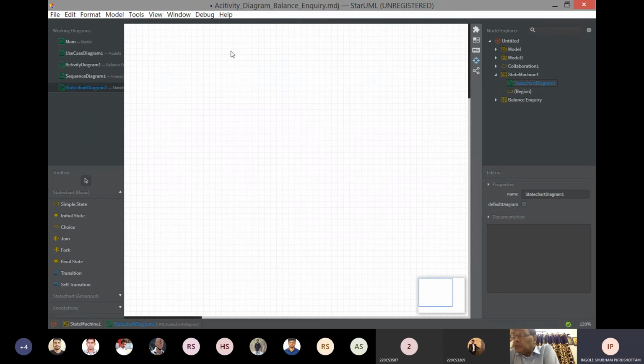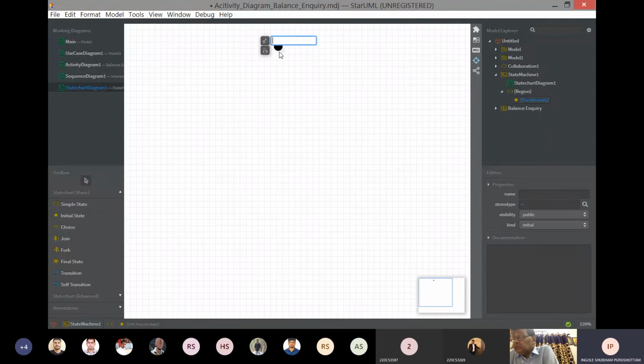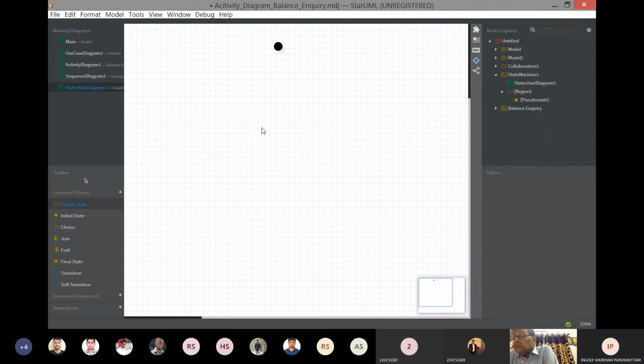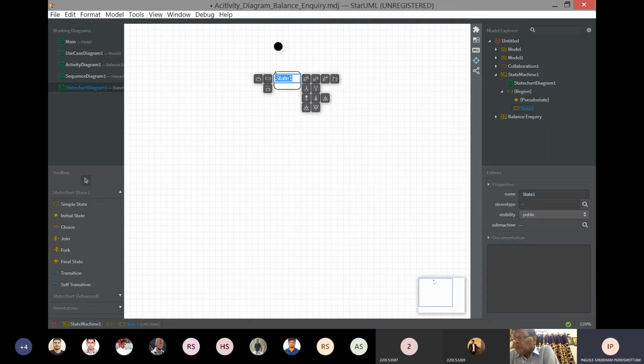There we can see how the states are changing from one state to another state. Similarly, here we can start with the initial state. This diagram is also for balance inquiry. I am showing all the diagrams for balance inquiry. So for the initial state, you can go with the initial state. Next, you can see the first option, simple state.